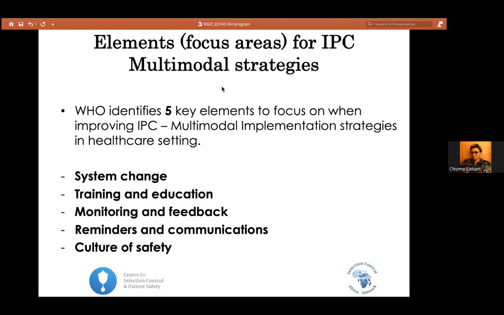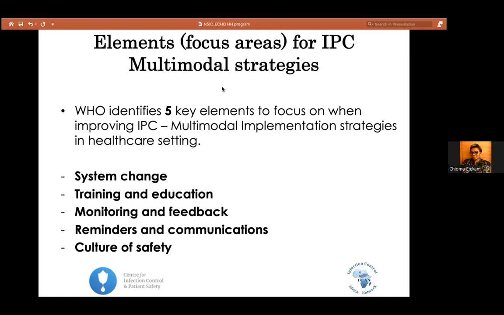We need to set reminders because a lot of research has found that healthcare workers tend to forget a lot. And you need to communicate, not just to yourselves, but to people who come into your facility, other healthcare workers, and your stakeholders who are not directly involved in patient care but are part of the health facility management. And of course, you need to institute a culture of safety in that facility, because that's the only way you can sustain what is being done.